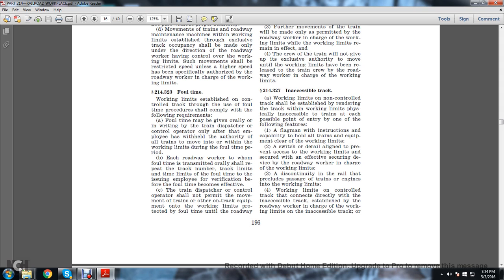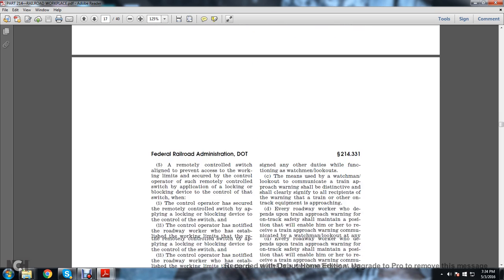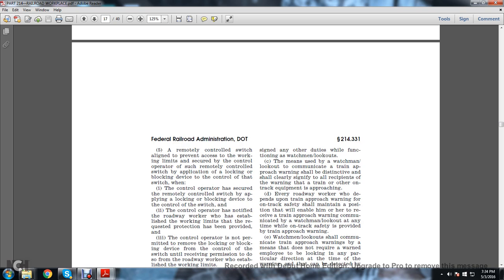Working limits on a track that connects directly with the inaccessible track may be established by a roadway worker in charge of the working limits of the inaccessible track, or by a remotely controlled switch aligned to prevent access to the working limits and secured by the control operator, such as with a remotely controlled switch and application of a locking or blocking device to control that switch when: